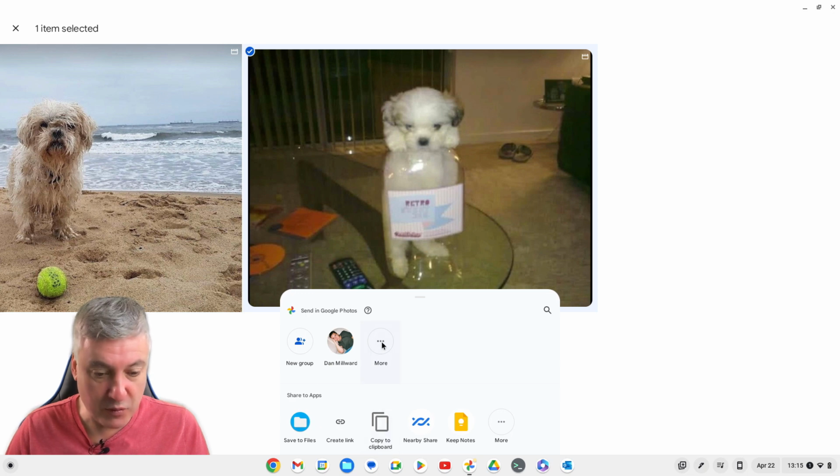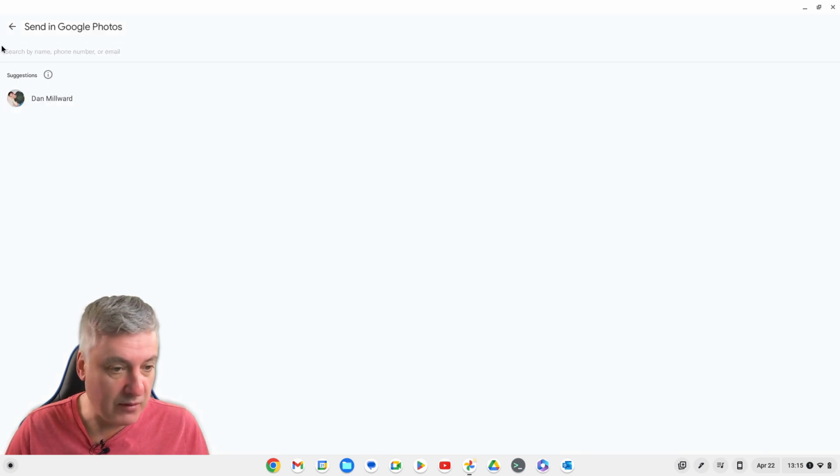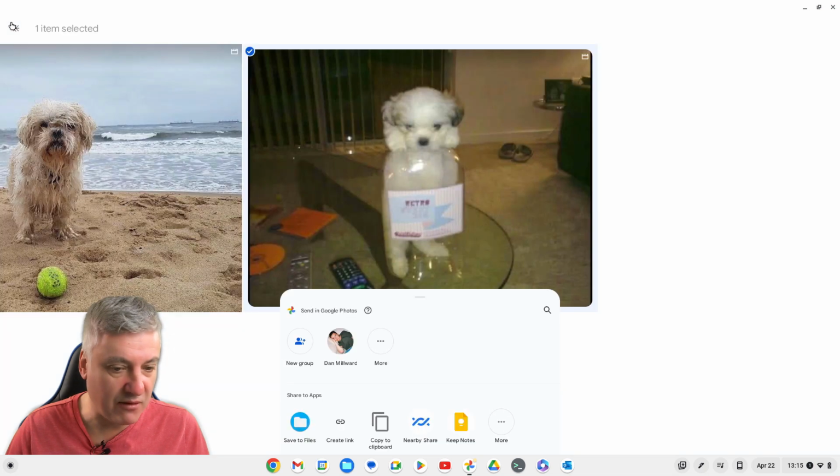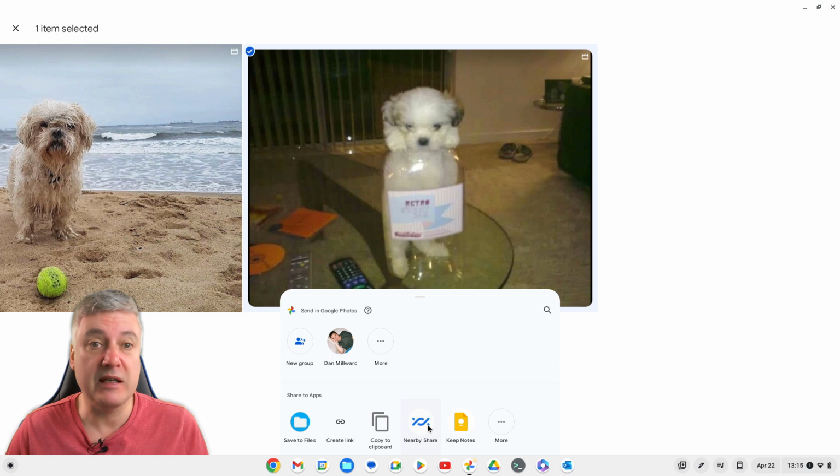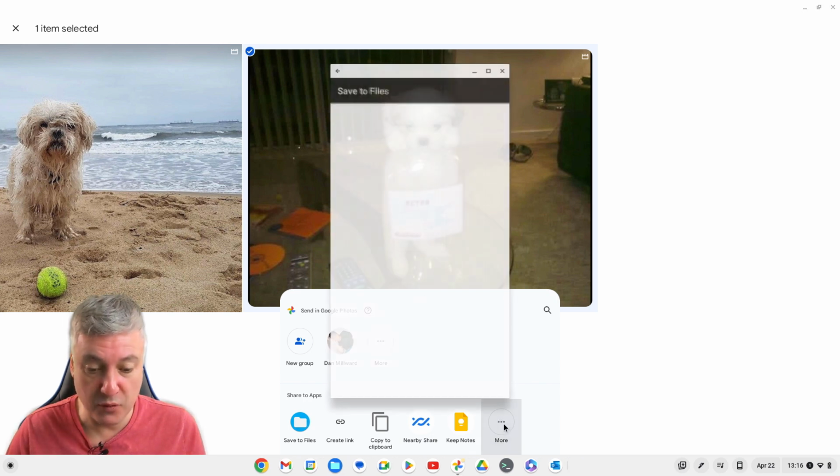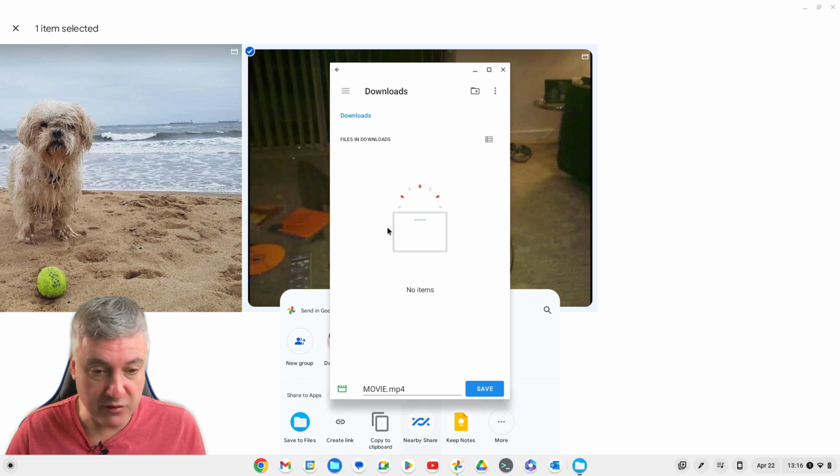And you've got this more option here, which just looks like you just add other people. But the one I would do, you've got nearby share as well, obviously, so you could share it to your Android phone very easily, doing it that way. But this one here is if you want to download it. Yeah, so if you click on more there, and then you've got the option here to download it, and there